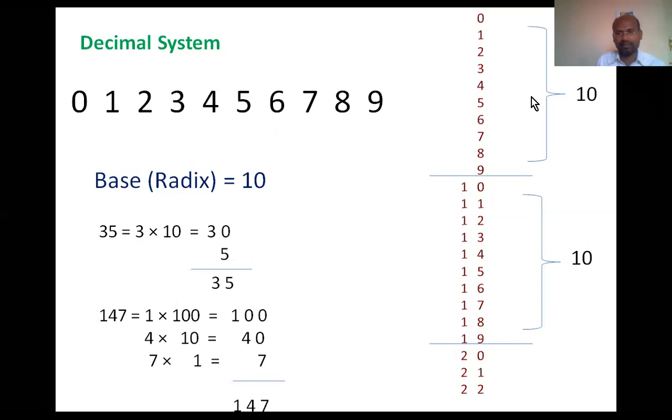Now let's see some examples. Now see here. From 0 to 9, we have used all of this. How many symbols are there from 0 to 9? 10. Again, from 0 to 9, there are 10 more symbols. Since we have used all the symbols one time, we add 1 to the left of it. This 1 signifies we have used all the 10 symbols one time. Again, we reused all the symbols, see here, the second time. Now we add 2 here. What does this 2 indicate? We have already used all the symbols 2 times. Again, you are reusing them a third time. Are you following? Like this.